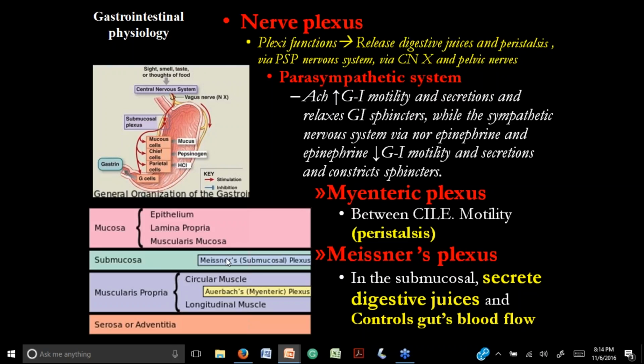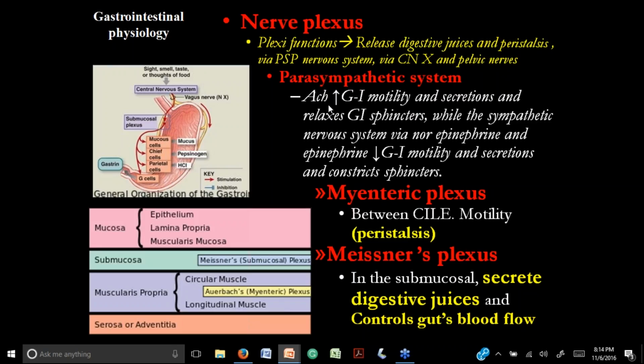Okay, so Meissner is going to make the glands secrete, and the Auerbach myenteric plexus contracts the intestine. So actually what is playing a role here is the acetylcholine, and this is a